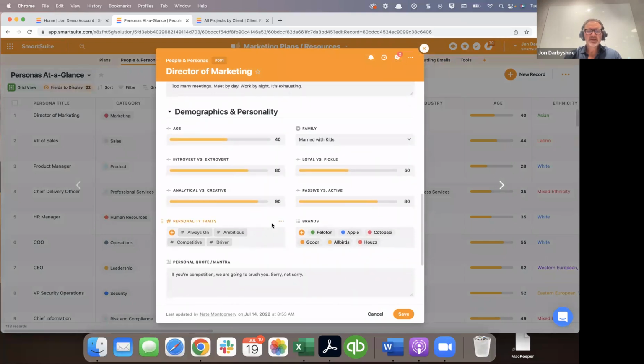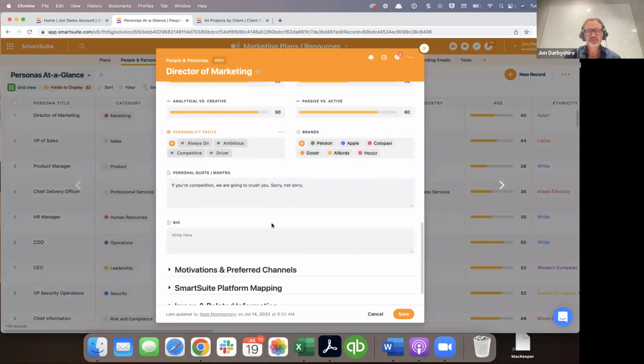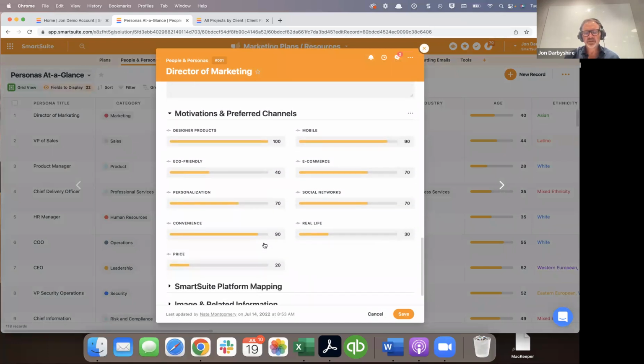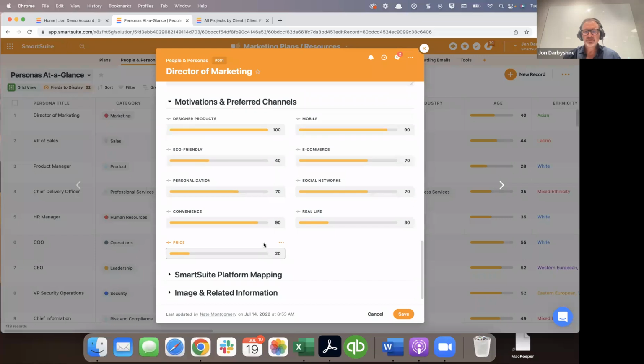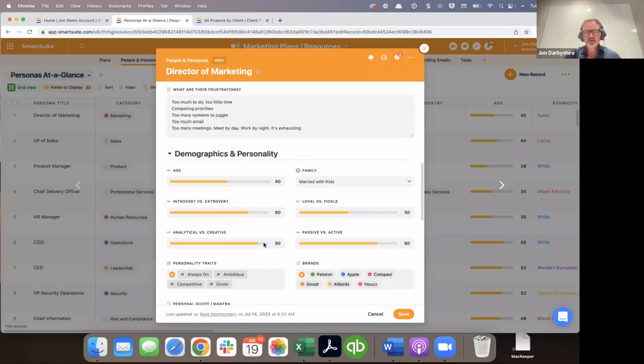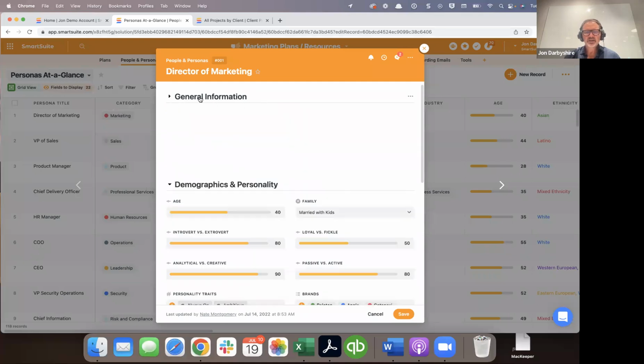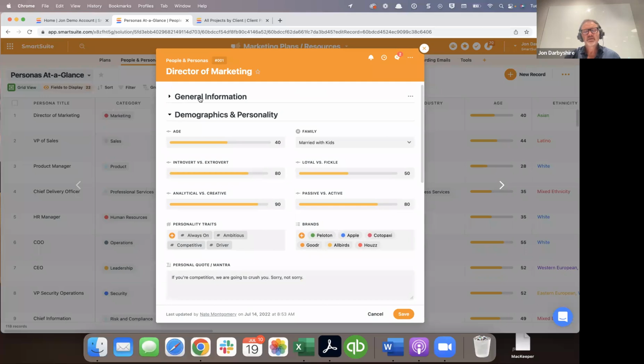Information about just age and loyalty, family, brand traits that they might like, maybe preferred channels that are there. And what you're noticing on this page is that I've grouped this information into sections. So I can have fields that fall into sections. In each section, I can open and close so I can only see the information maybe that's relevant at the